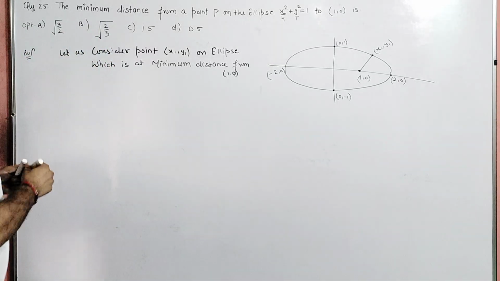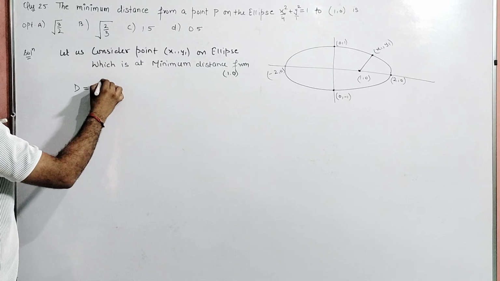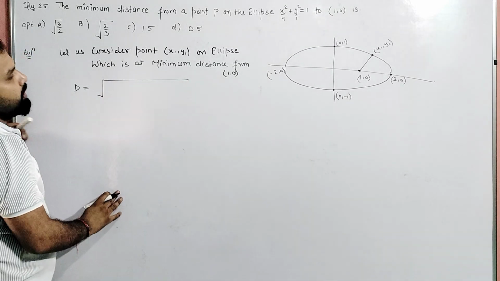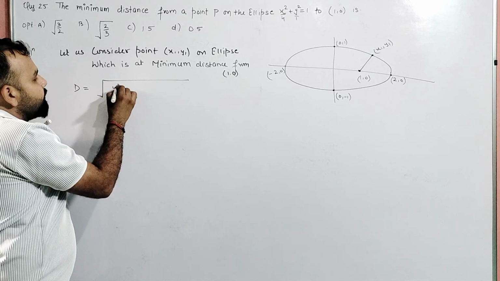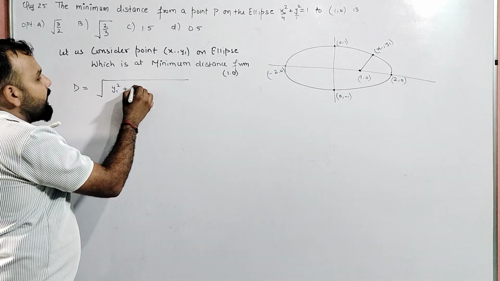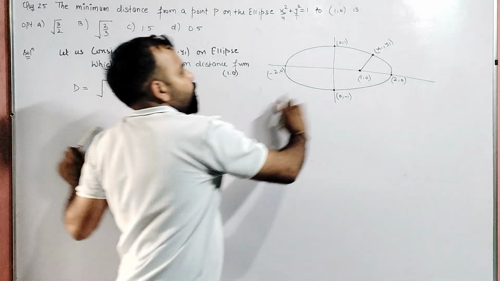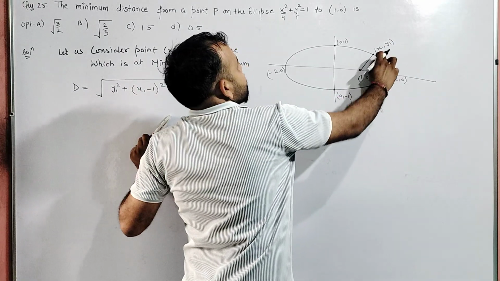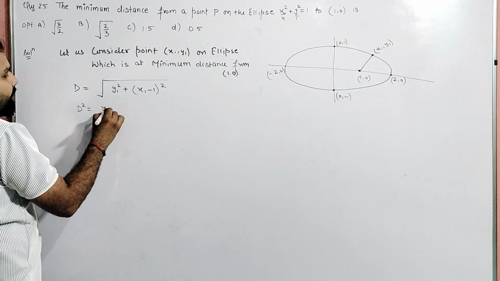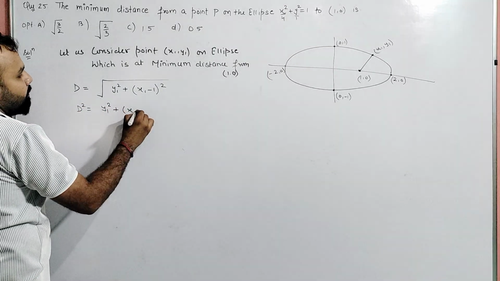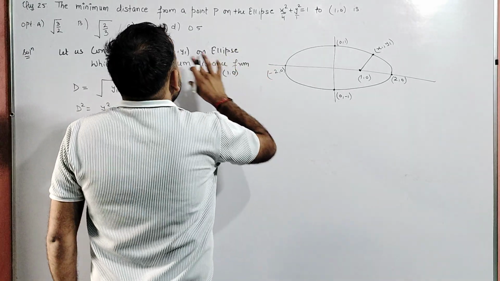So student, d is the distance, and I'm going to use the distance formula, that is y1 square plus x1 minus 1 whole square, so d square is y1 square plus x1 minus 1 whole square. Okay student, and we know very well this point is on the ellipse,